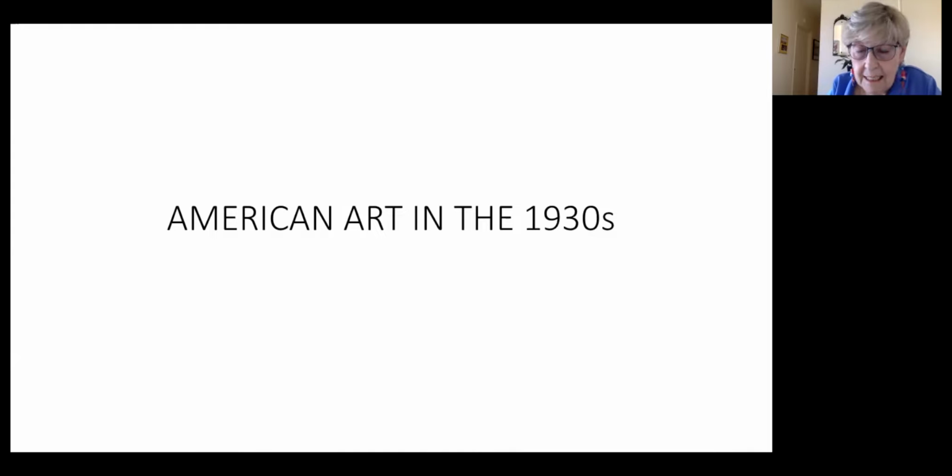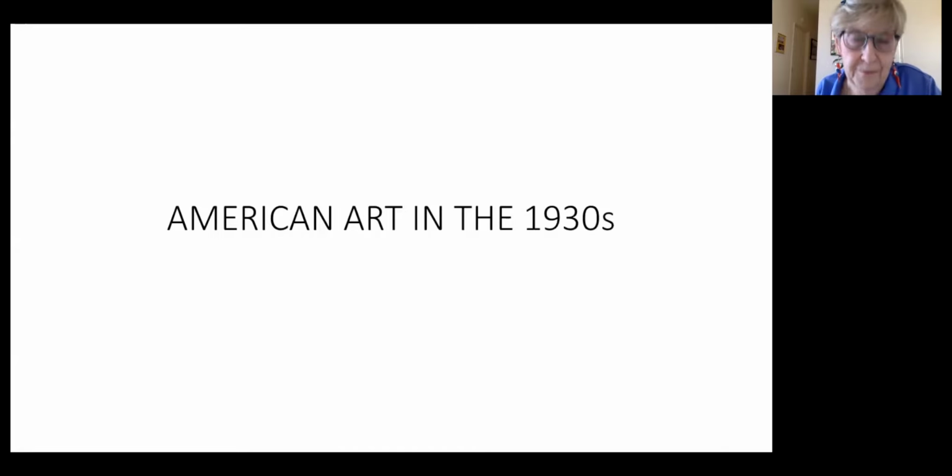And then the last class, probably the style that's most identified with the 30s, and that's the regionalist painters. That'll be Grant Wood and Thomas Hart Benton. I saved them for last because, well, that's keeping it going. And also because Thomas Hart Benton's student was Jackson Pollock, which is a neat segue into the post-war abstract expressionist mode of art.